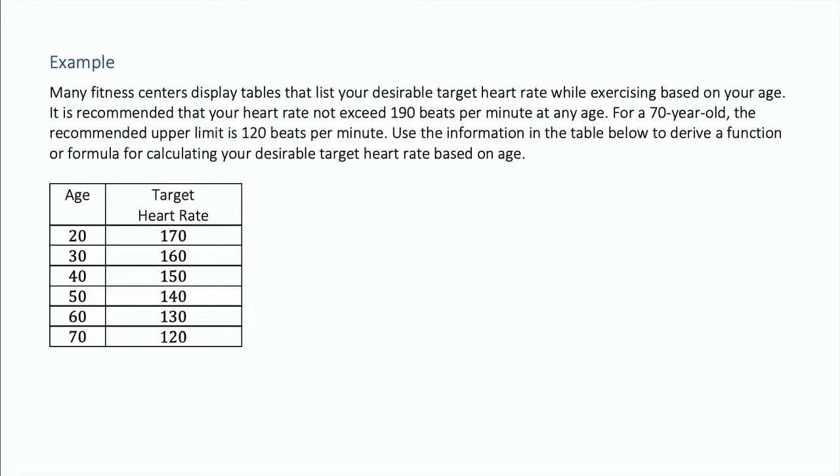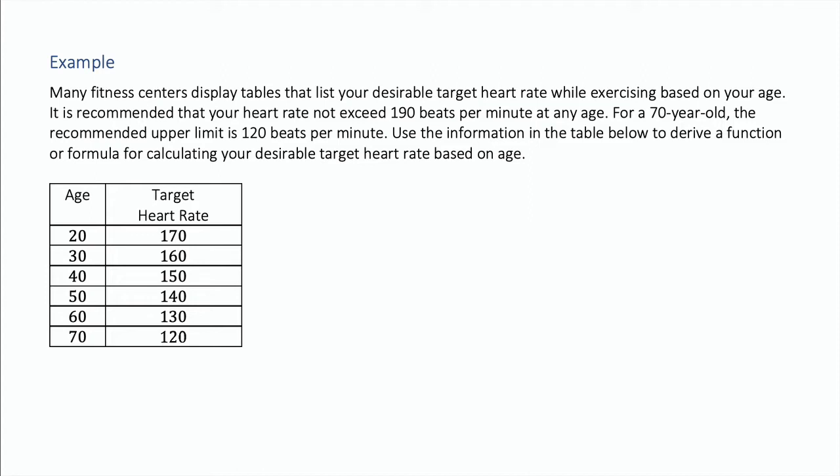Many fitness centers display tables that list your desirable target heart rate while exercising based on your age. It is recommended that your heart rate not exceed 190 beats per minute at any age. For a 70-year-old, the recommended upper limit is 120 beats per minute. Use the information in the table below to derive a function or formula for calculating your desirable target heart rate